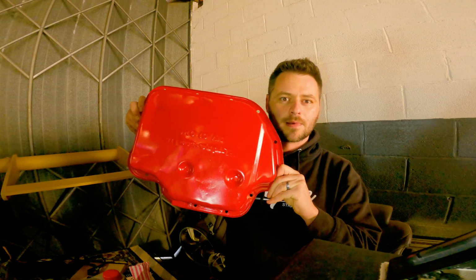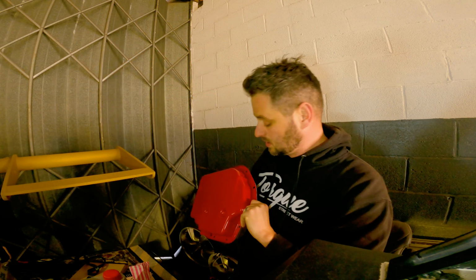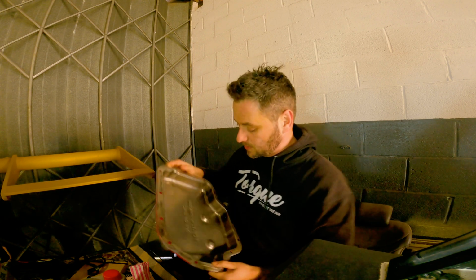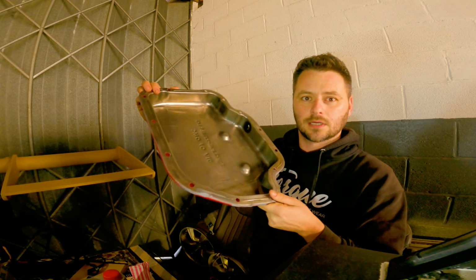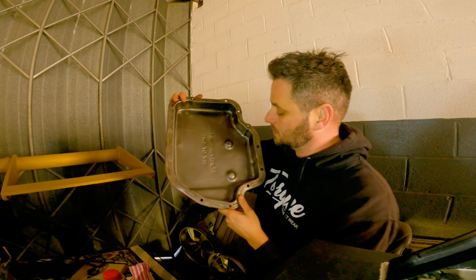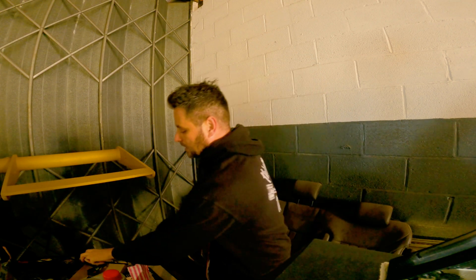So there's our sump. Put like 3 layers of paint on it. It's looking a lot better. Obviously it's not perfect. Do you know what? It's a 34-year-old sump. It's a little bit battered and bruised, but it's got no rust on it now. There's the inside look. You could literally eat your dinner off that. In fact, I ate my kebab off it last night. But yeah, looking good. So, today's plan, wipe this gasket on it,